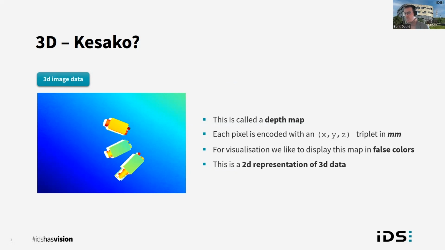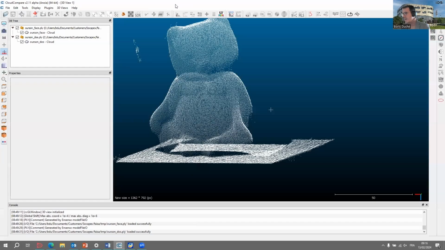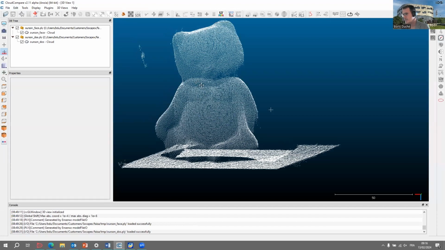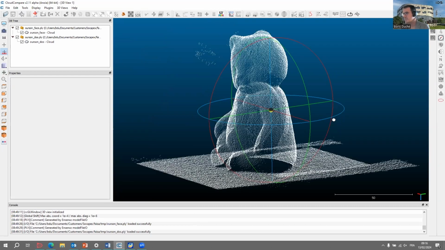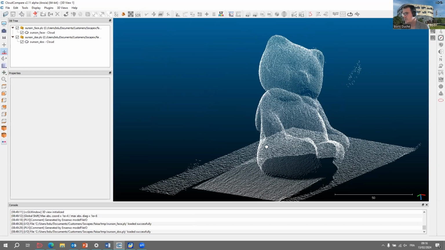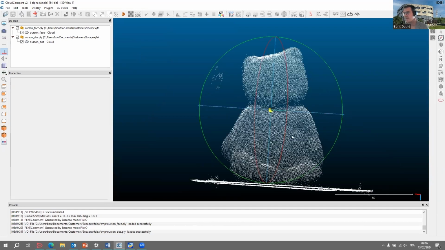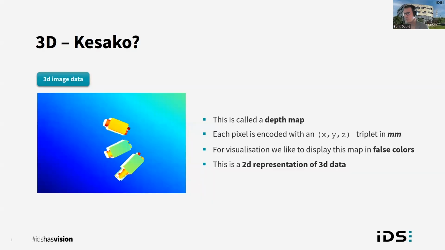There is another way to visualize 3D data. It's to use a point cloud. Let me show you how it looks. I have this software called CloudCompare that I use for visualization purposes. And in here, I have a 3D point cloud. So this is what you are more used to when you work with 3D. It's a real 3D file format. But keep in mind, sometimes we like to work with the 3D data represented as a point cloud, and sometimes we like to work with the 3D data represented as a depth map. Usually, when you make an algorithm that can operate on the depth map, it will make your algorithm go faster.